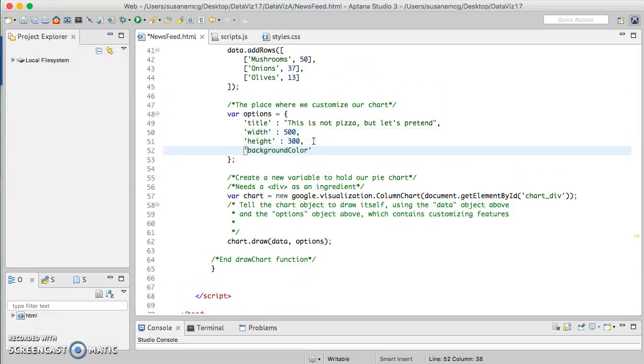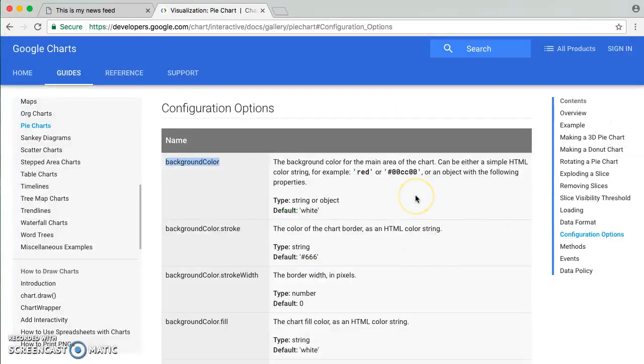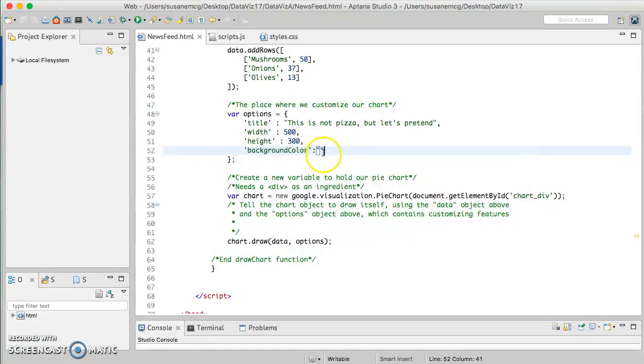I'm going to change it back to a pie chart just to be consistent here. But I could go ahead and say, maybe I want to make the background color the same as that box that I had, right? I have that light gray box. Maybe I want to have that background color be consistent. So again, it takes a minute for that to load. I'm going to go ahead here and say, okay, I want the background color to be